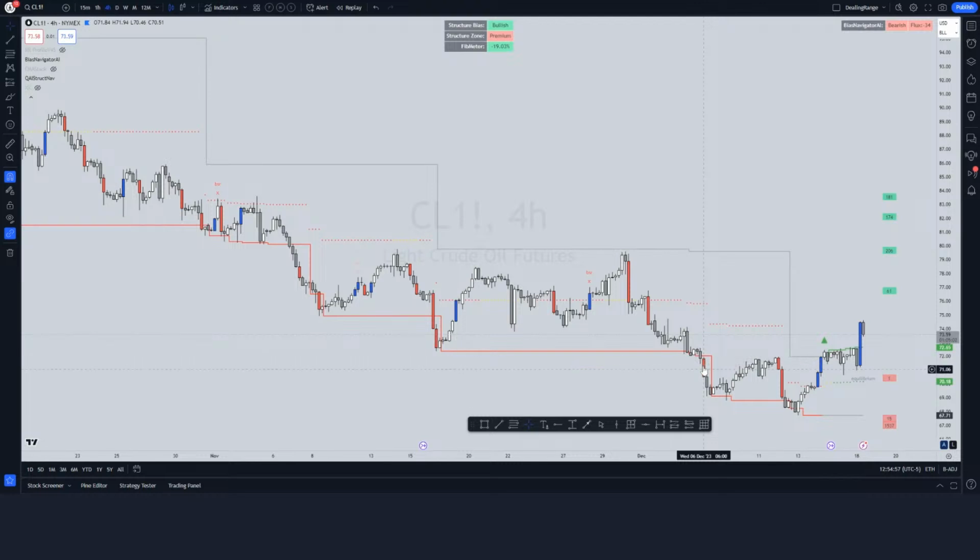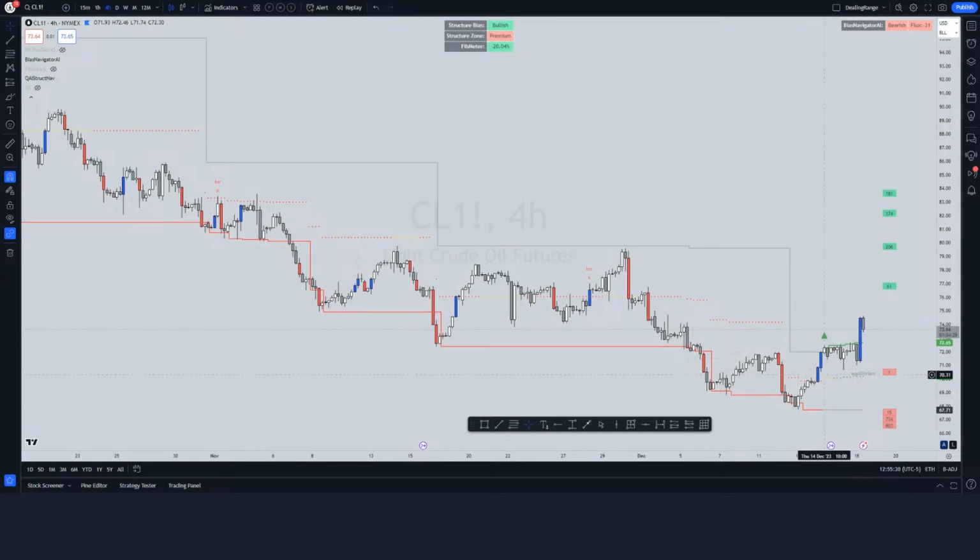This is another example here. So you had this little imbalance here, came back into it, and then rejected, okay? In this particular case, the bearish imbalance failed because it came down and completely filled it and it broke structure, okay? So it's not always going to work, obviously, nothing is 100%, but it's just another level that you may want to keep in mind. And it's why I like highlighting them, because it gives me an indication of momentum. Okay, so imbalances are a very good area to accumulate orders. Anything below equilibrium is a good level for longs,